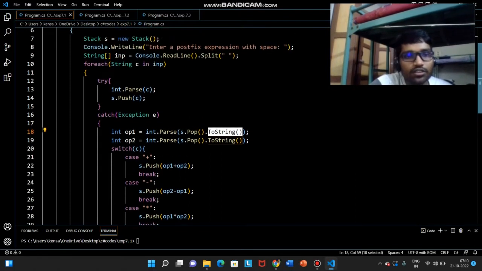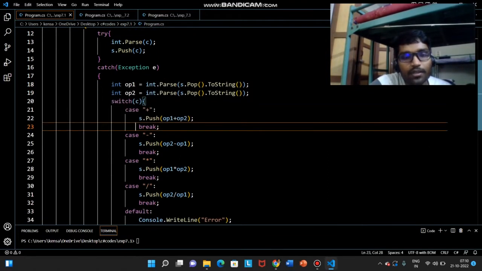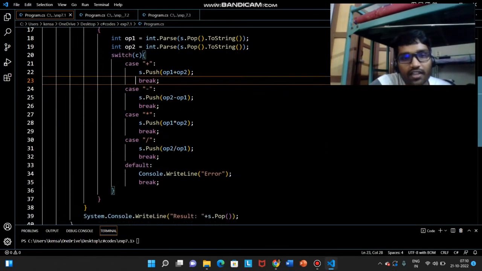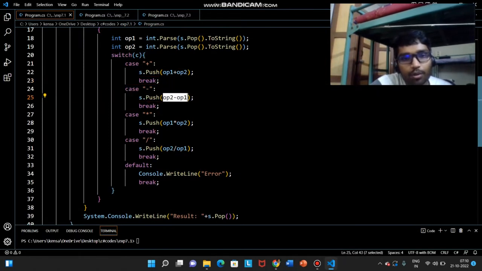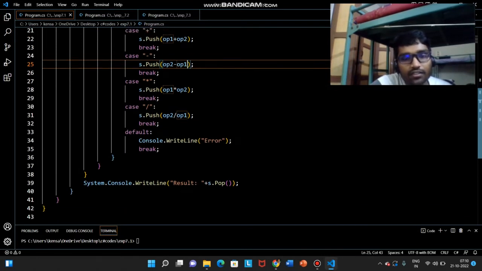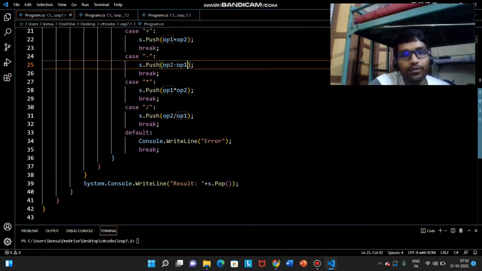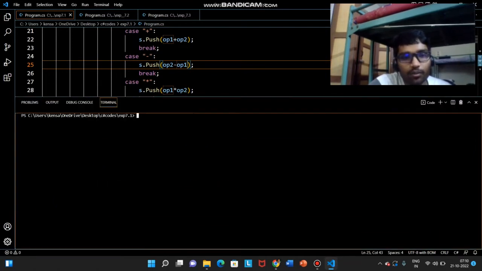Now based on the symbol, if that is an operator, only then will we be coming here. If that is plus, then we'll be pushing the added value into the stack. If minus, then we'll be pushing the difference between the two operands into the stack. And that's it. Finally the result is stored at the 0th index of the stack. So if we just pop one element from the stack, then we'll be able to get the result of the postfix expression. Now we'll run this code,